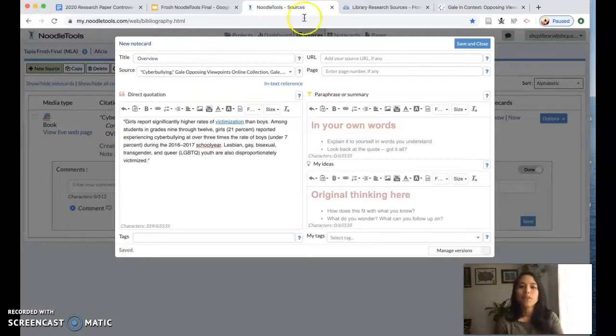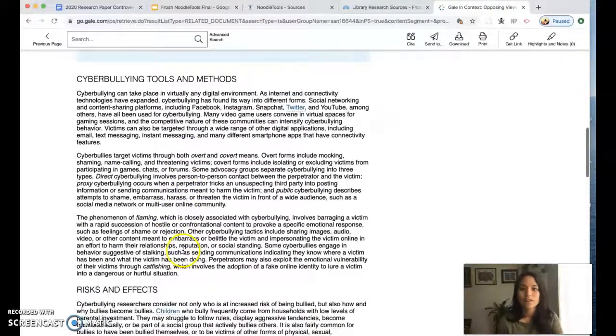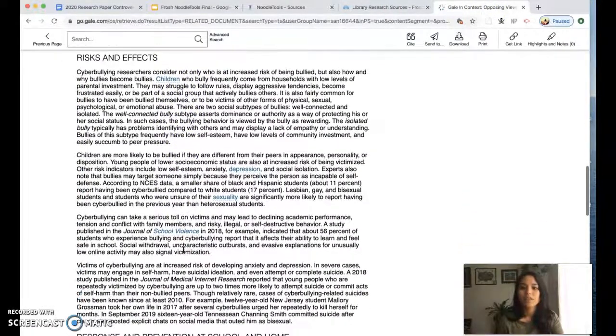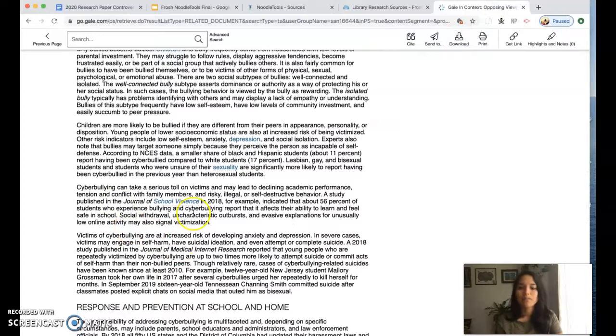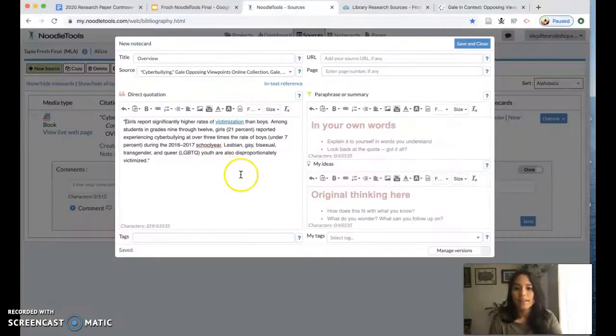So as I'm reading through my article, I invite you to go ahead and copy key points of information into your note cards. You might even want to do some split screen action where you're reading and you have the note card open in another window. And after you've gathered at least two quotes, and they should be pretty good quotes that are going to be useful to you later,